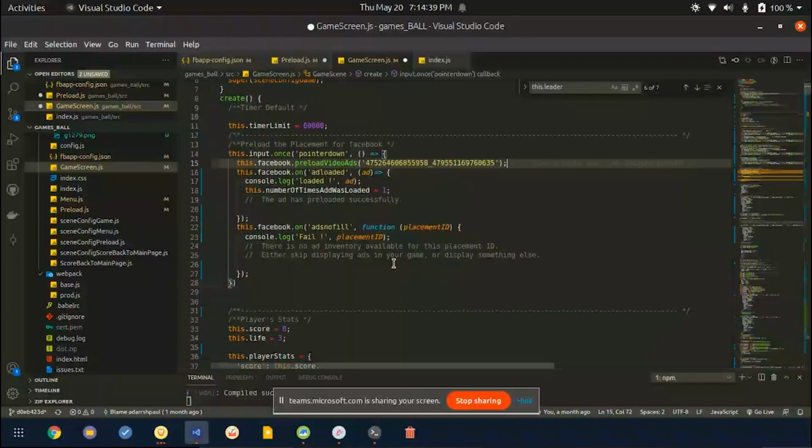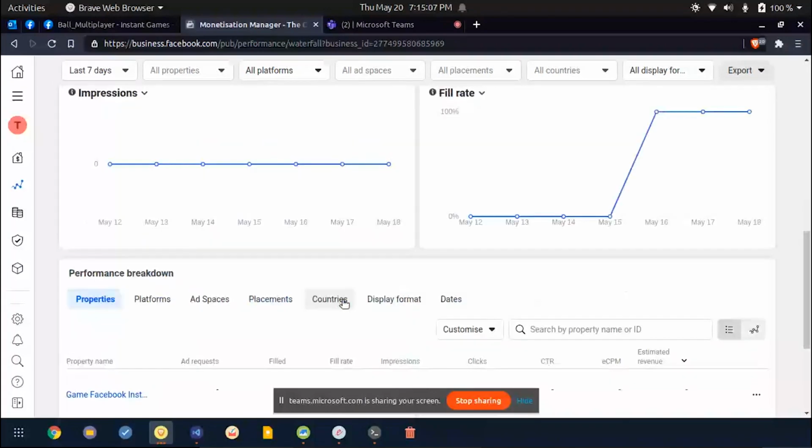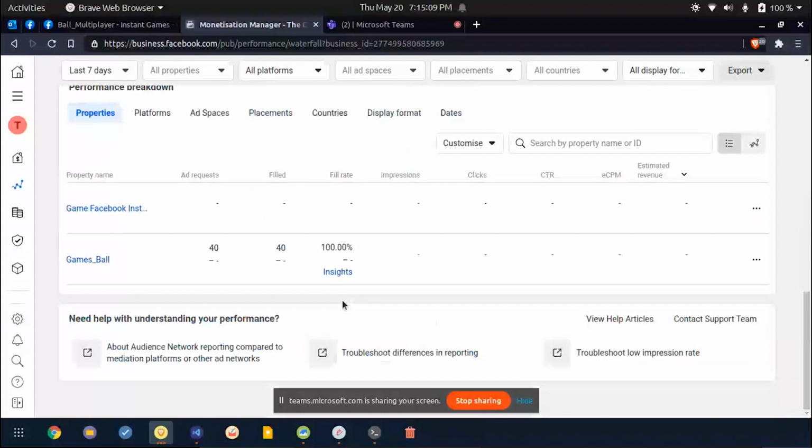For example, if you are doing a lot of ad requests and people are not watching those ads, you need to evaluate the value which you're providing to the game player. So you might need to increase the value, or you might need to give character updates to them. And this is the reason why I like Facebook games,